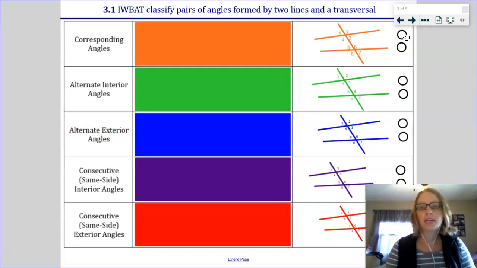Here we have another page of vocabulary. You're going to want to set up this page so that you see the 5 different types of angles we're going to use throughout all of Chapter 3, as well as a picture of each. Notice that I use the exact same picture for each of the 5, but I would recommend that you also copy it into your notes 5 times just like I did,